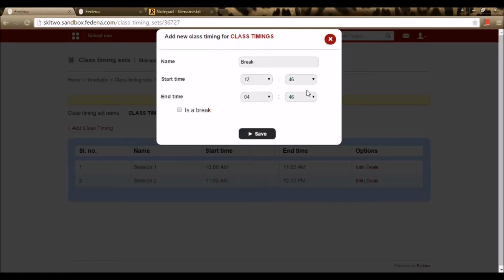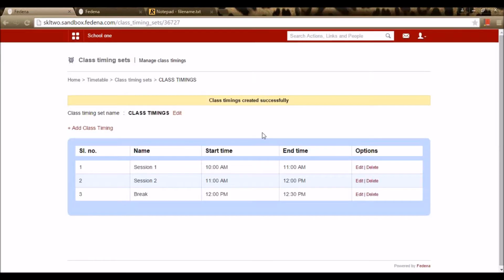Say it begins at 12 o'clock and ends at 12:30. And I need to enable the option is a break. By doing this, the timetable that we create will have a detailed description saying if it's a session that a student has to attend or if it's a break.